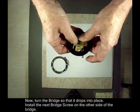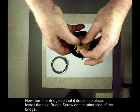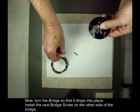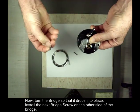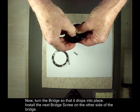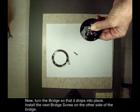Boy, that really set in there real nice. Okay, now I don't worry about the scotch tape side, because that's holding one screw in place. Grab the other bridge screw that has all the threads on it and install it in a hole right there. Now once again,